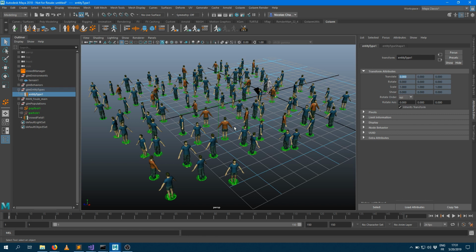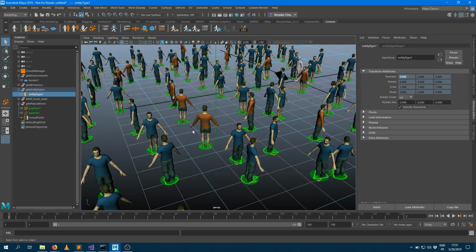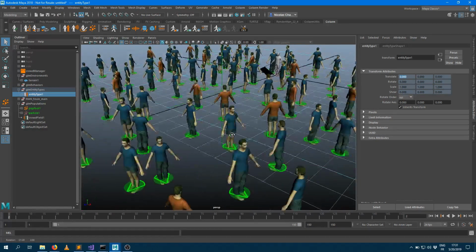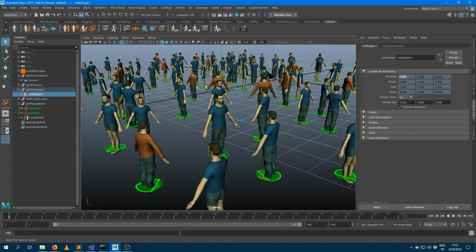You may see some characters have geometry variation because we've defined some geometry variation into the character file. Some characters you can see the skinning, which is working properly into the viewport. There's just one thing which is not being displayed correctly into the viewport. It's the shading variation. You can see all the characters wear the same blue t-shirts, but if you've defined some shading variation, at rendering time you will have a different result.